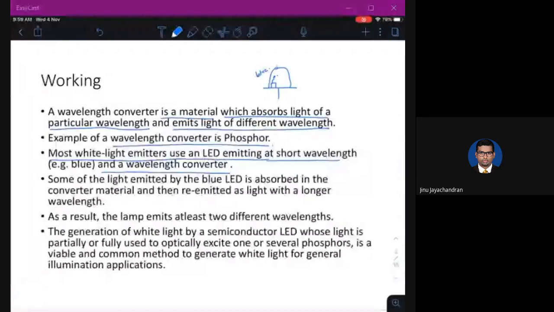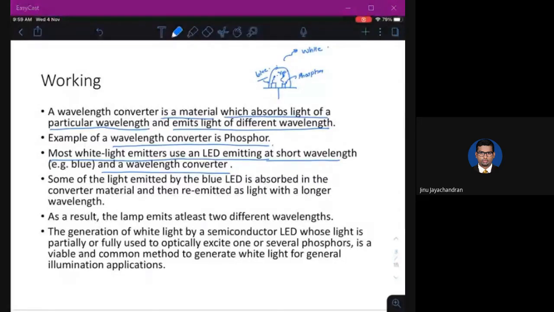And there will be the phosphor material inside the same LED, which will absorb this wavelength and emit light of a different wavelength. For example, if blue is generated, the phosphor will absorb it and generate a yellow light. So finally, when it comes out of this LED, you will see a white light.